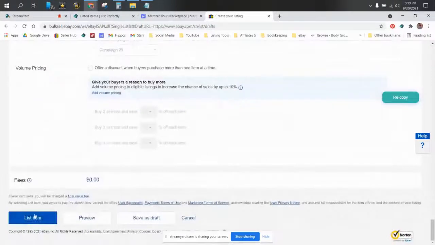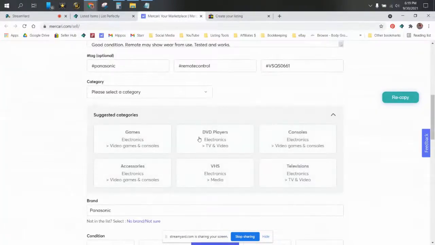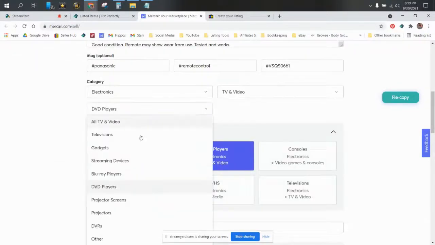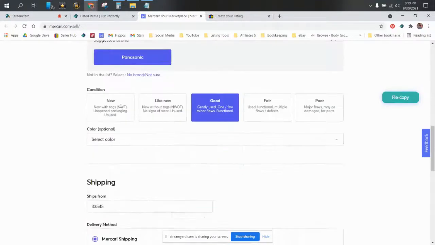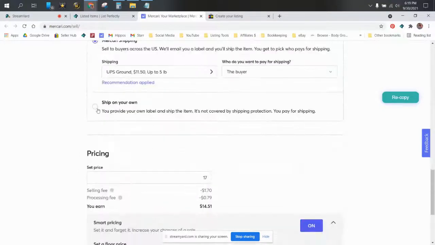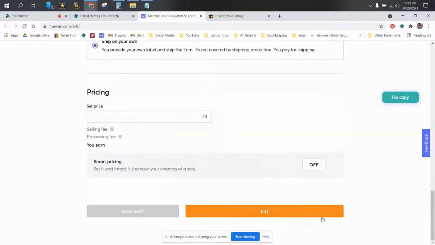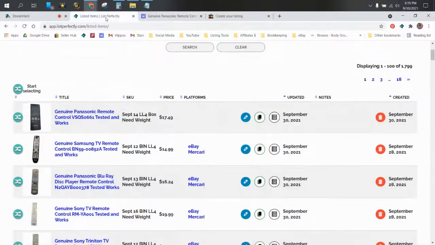So I'm just going to tell it to list. And while that's loading, I'm going to check my Mercari one. Mercari is kind of weird as far as categories. I usually just put other electronics, TV, and video other for remotes. It's filled in the brand. Good. Ship on your own. We like to use Pirate Ship. I'm going to change the price. I always turn the smart pricing off. And then I can say list. And it's live. Now, if I go back over here and refresh my catalog,